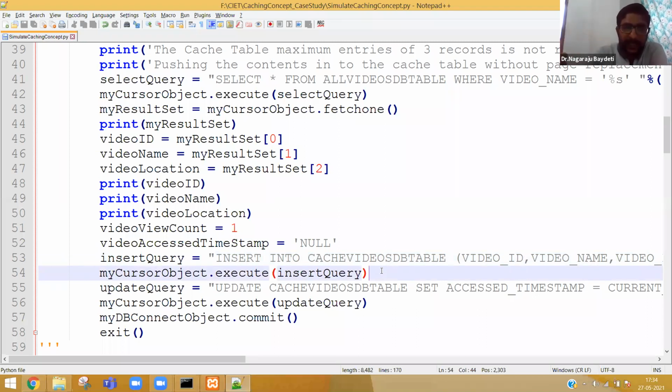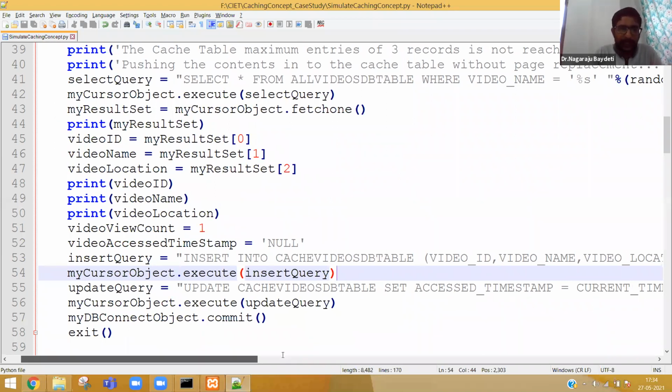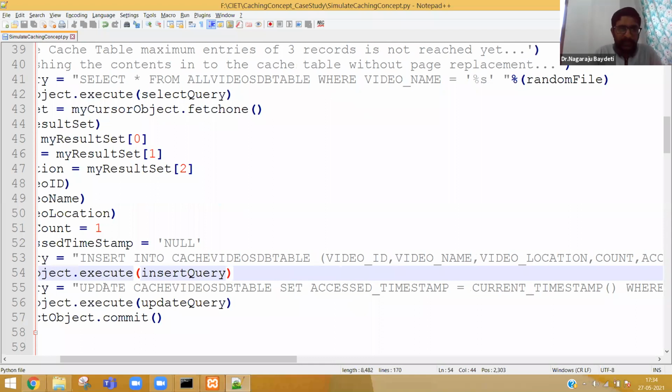After inserting the timestamp as null, now everybody observe line number 55. Line number 55 is another query called update. For non-CSE background students, insert means insertion directly. Update means after insertion, if you want to modify anything, then you need to write an update query.